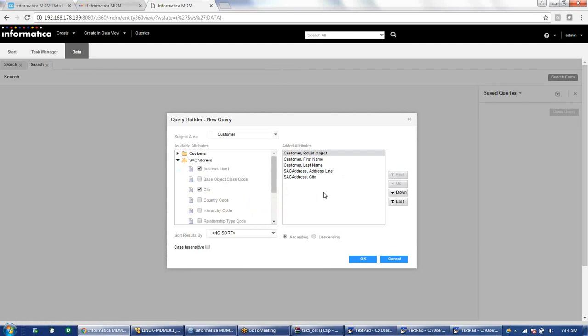This requirement also basically comes from the business. Business tells us that if I have to go and search for a customer, I can use either first name, last name, or any other columns that he will tell, that I can search based on the address line 1, or city, or zip. Those columns they will tell, and based on those columns I will configure it here and keep it.